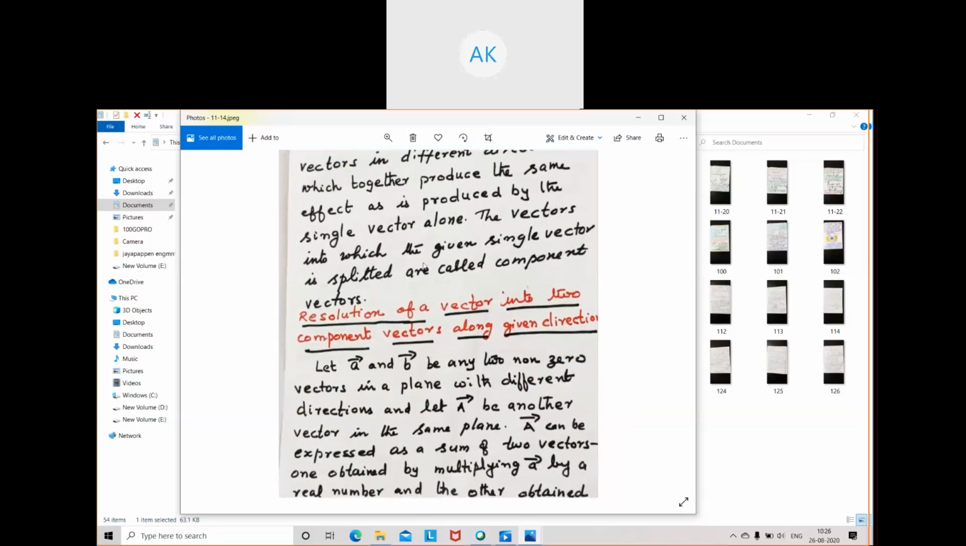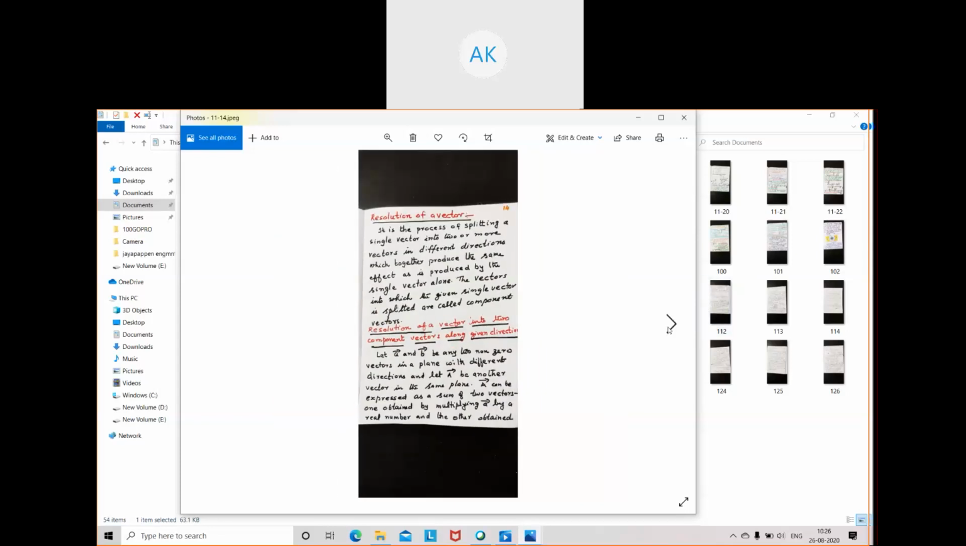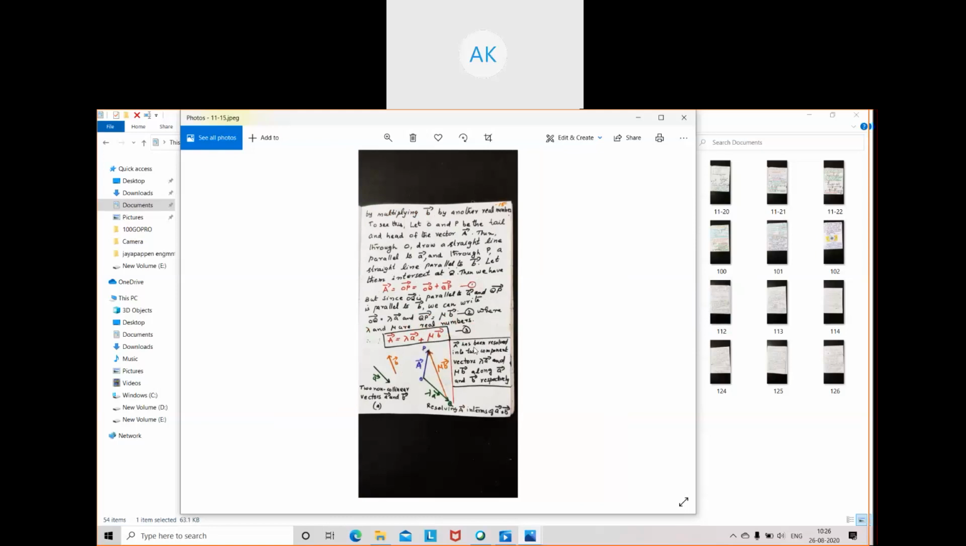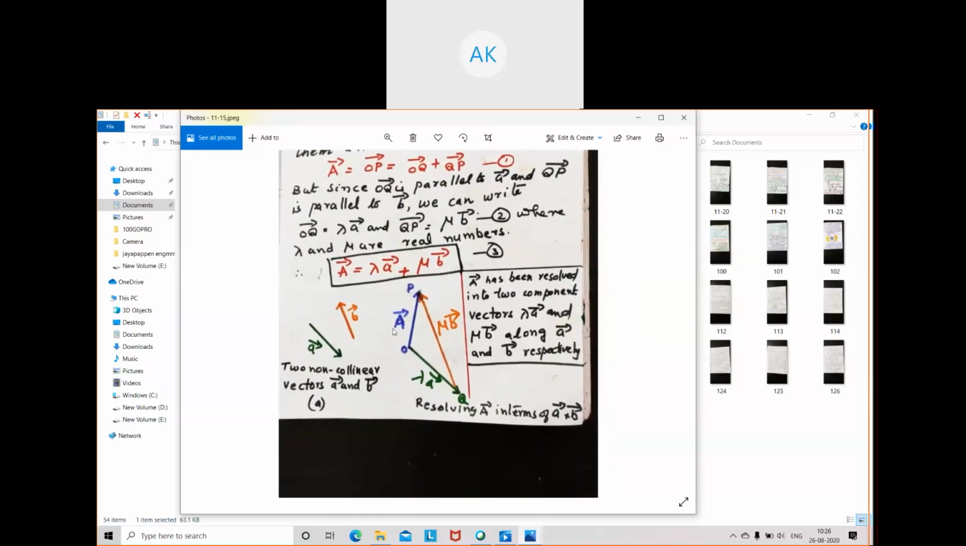First is the explanation. The figure is on the next page. You can see this figure. A is one vector, direction is given, magnitude is given. B is another vector, it is upwards, and its direction is also shown by the arrow mark. So what is given to you? Two vectors, vector A and vector B. And what is the question? You have to